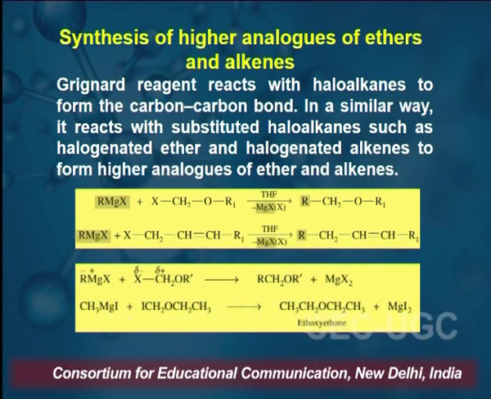Here the ether carbon chain is extended at the end where the chlorine is attached. So, this portion is behaving like a haloalkane, and it results in the formation of the extended carbon chain in ether. Here the eliminated part will be MgX2. And next, if you take an allylic carbon, where the allylic double bond is there, even then this gives an excellent yield